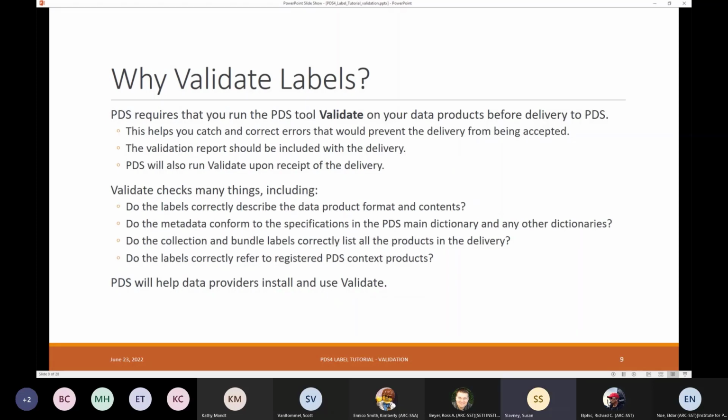To start with, why do you need to validate a label? The short answer is because PDS says so. When you deliver to PDS, we want you to also deliver the validation report. The reason, even though we are going to run Validate on our side, we want you to run it first